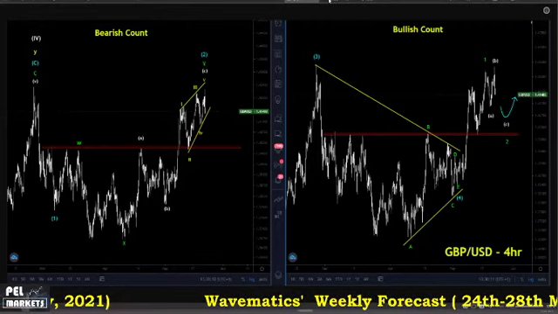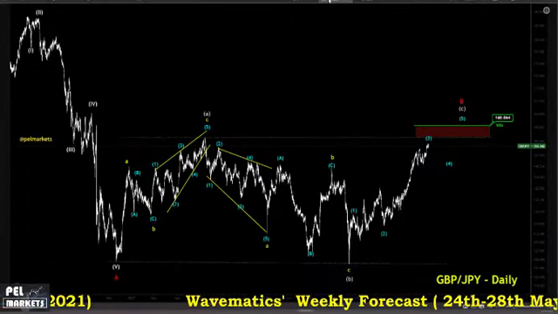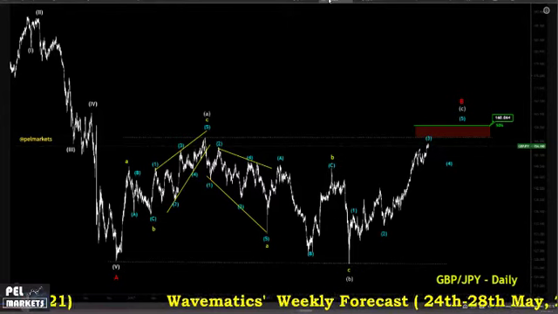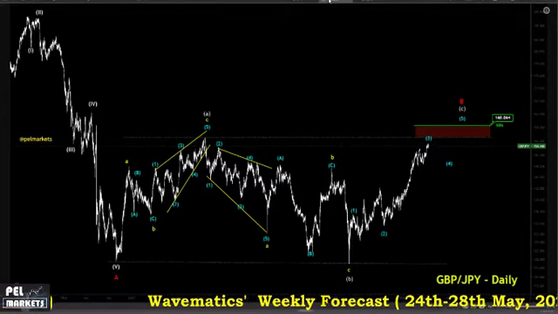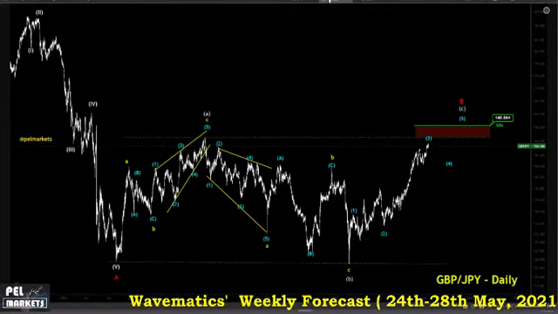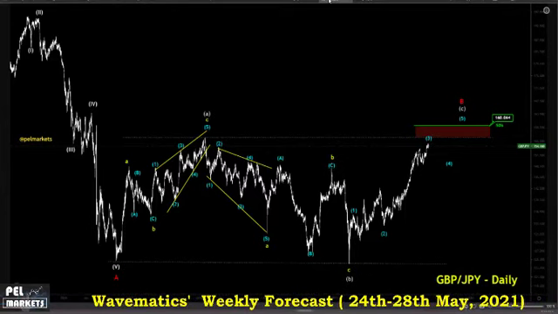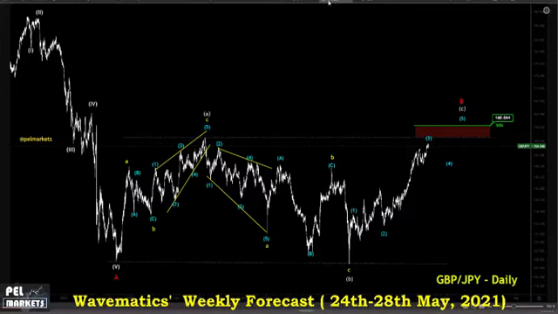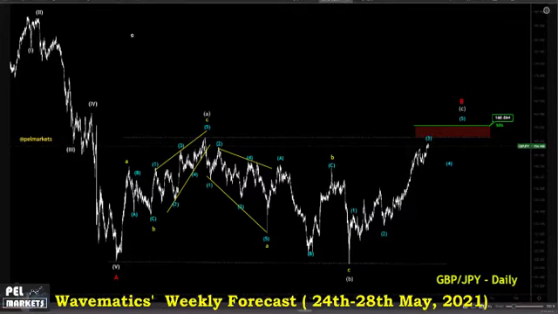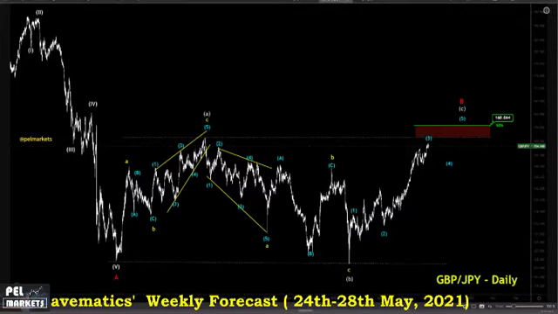The next pair that we'll be looking at will be the Pound Japanese Yen. I've been sharing this particular pair for about two weeks now. Today I'm going to show you my daily count, then we will go back to the lower time frame. On the daily count, I'm looking at a flat. We've had a corrective wave